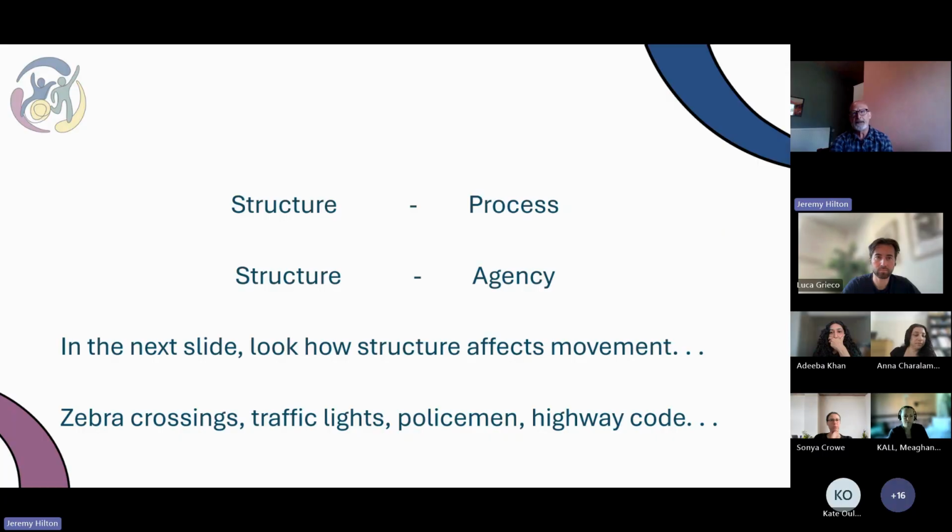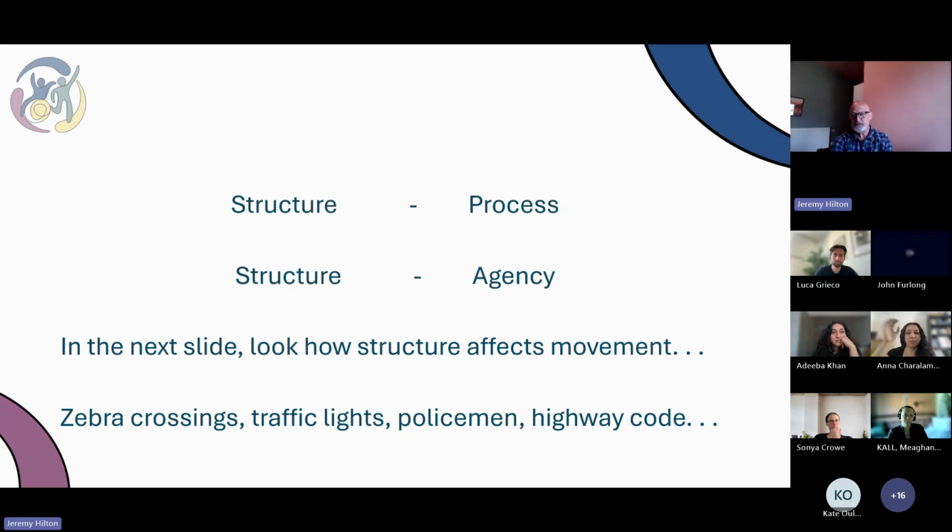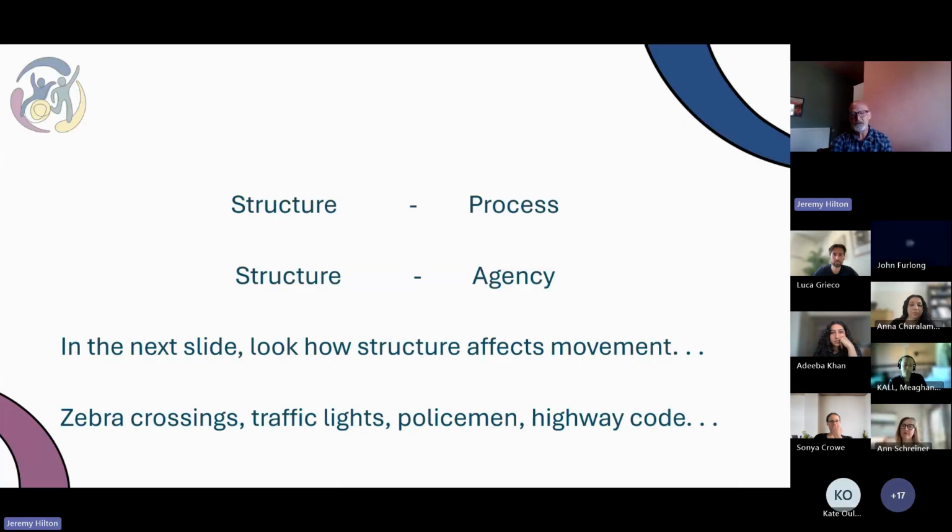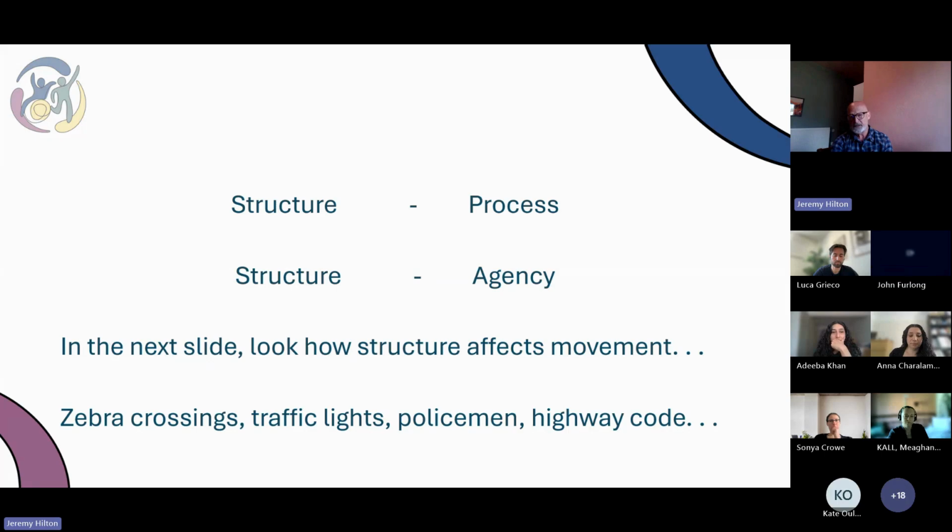So maybe you're looking at this video in terms of the structure of the stream bed and the process of the flow of water, and how the structure limits or causes changes in behavior. Even though the process carries on, the process might change and it's not consistent for everything. But also you've got an interaction between the two. The structure can also limit what people can do, limit the agency. But likewise, where people do have agency, and water has agency in a way, because the water over time has carved out and changed the stream bed, whether the bed itself or the banks of the stream. So again, it's not static.